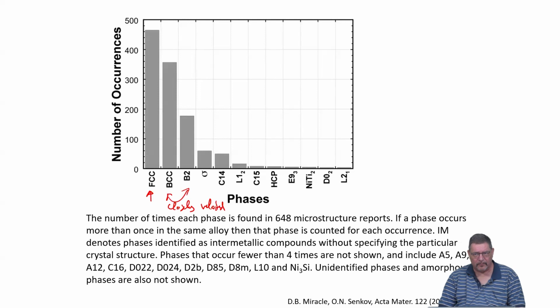So this is not related to the fact that FCC or BCC, this is my opinion, have special structures, but because the elements which we use in order to make these solid solutions, where we have to find elements which have similar properties, are favoring FCC or BCC structures. And this is, I think, why we see these phases in abundance. So there is no magic about these structures, FCC or BCC.